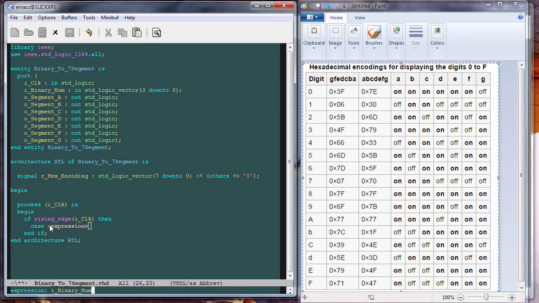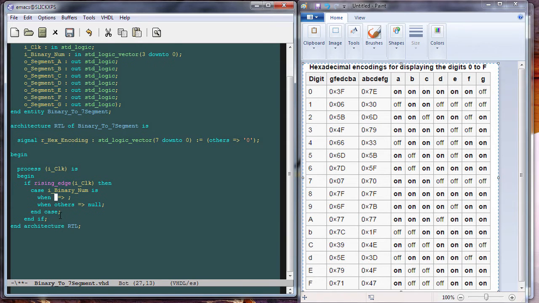So binary num is going to be the input to the case statement. The way the case statement works is it says, looking at this input signal here, when it's of a certain value, do something. So we need to specify all the combinations of this particular input in this list of whens. So when binary num is all zeros, it's an array of zeros, then we've got to do something. In this case, I want to set our hex encoding to